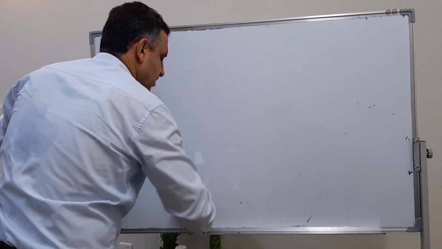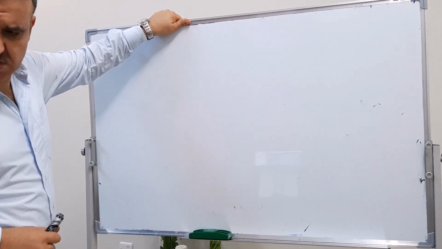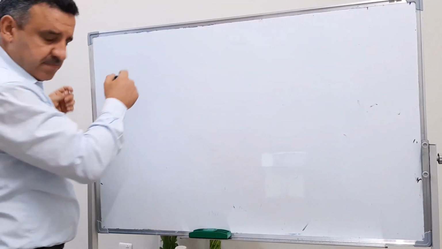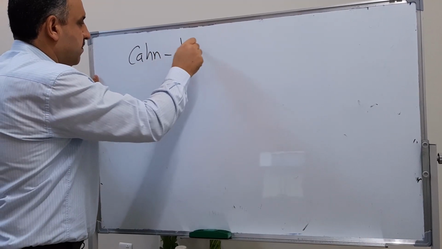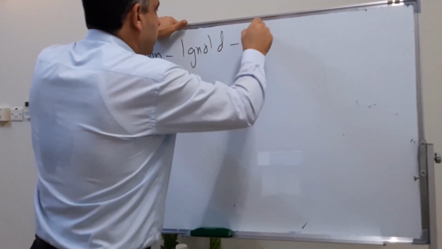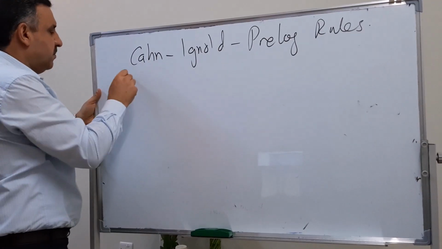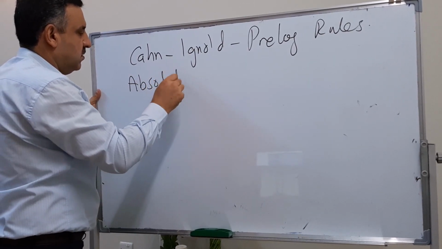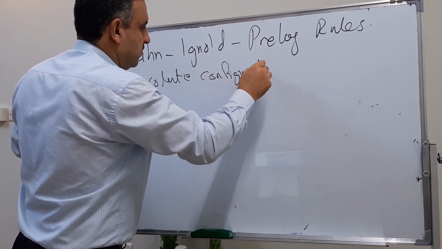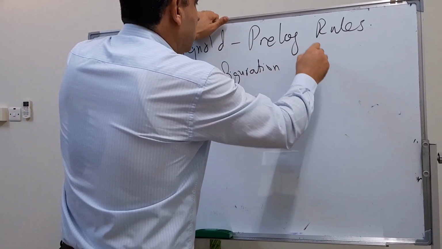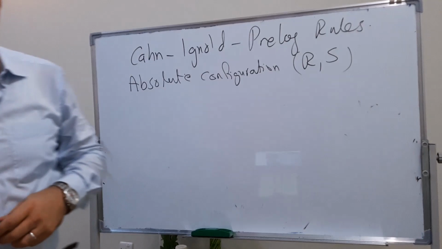There are different topic titles for this section. We may call it Cahn-Ingold-Prelog rules, or we can say absolute configuration R and S. So enantiomers are classified,